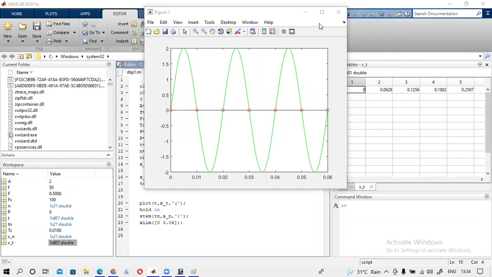Yes, you can't reconstruct because you will get only 0. Okay, so you can see there are no signals. No, it is just a 0. Okay, so you can see that it is using